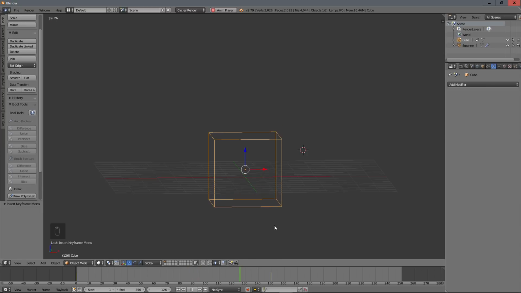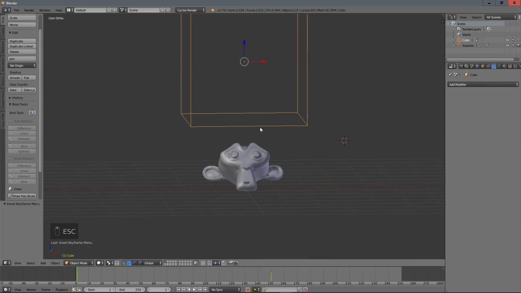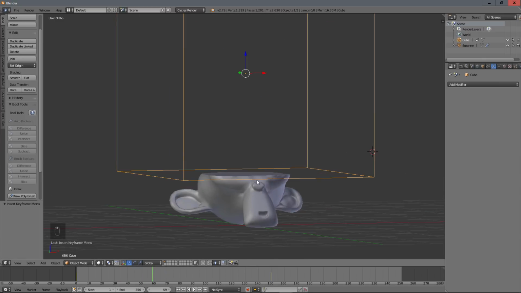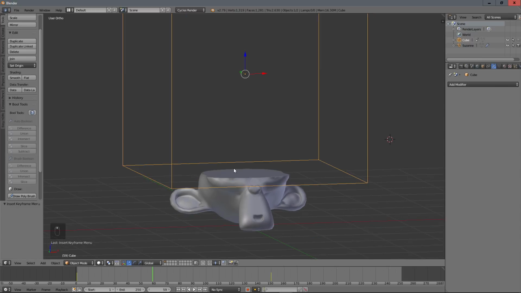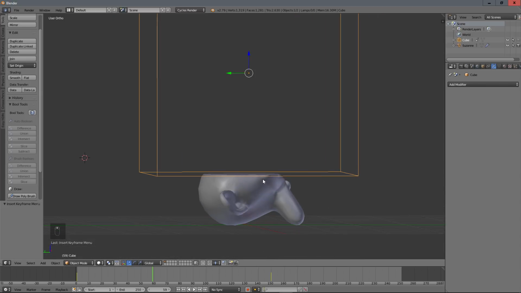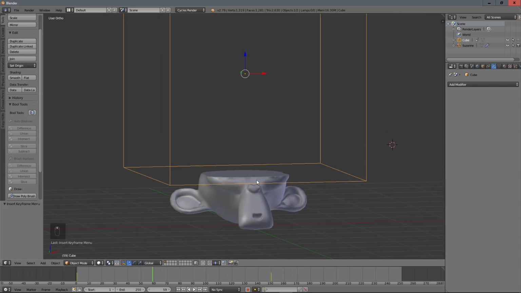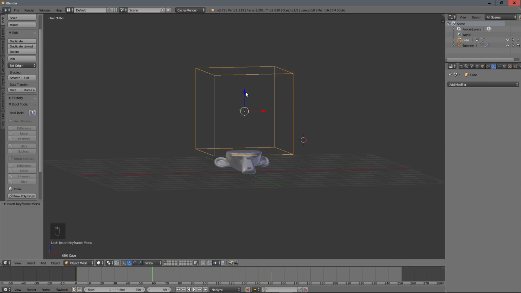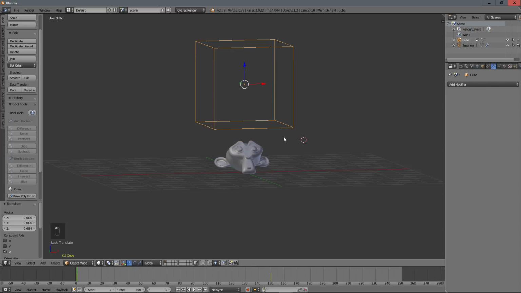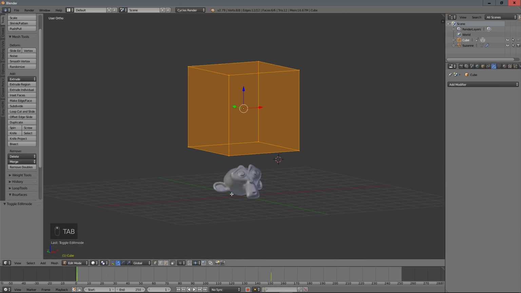This is okay, but our Suzanne disappears with a totally flat surface here. That's a little strange, and it's not really what we want. Our purpose will be to have something that is not totally straight, with little faces like that. So what we can do to help with that is go into edit mode, into our cube,